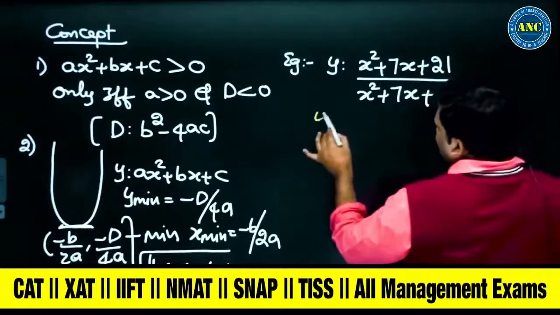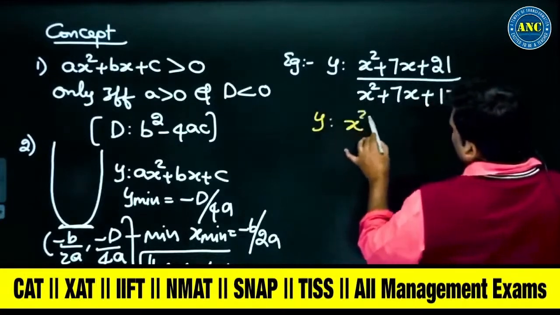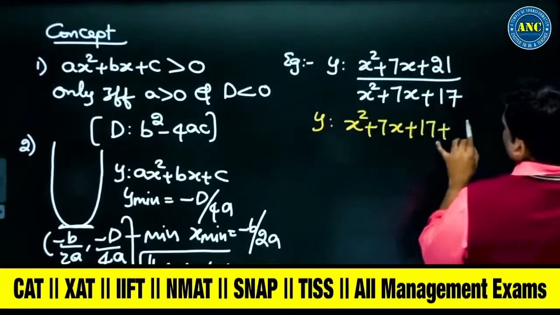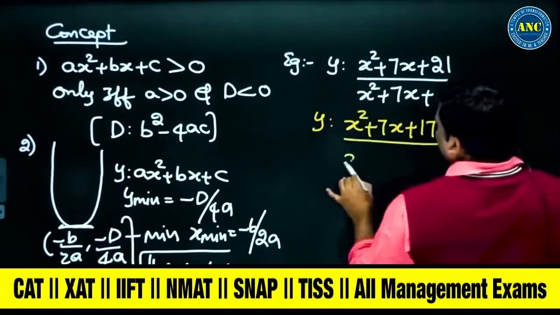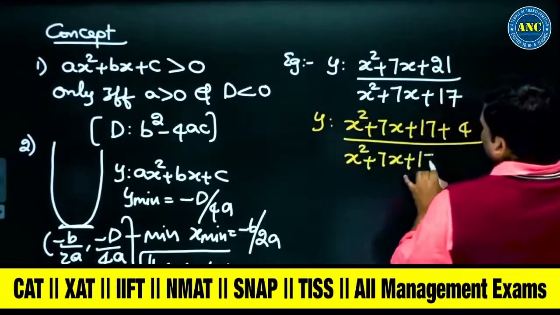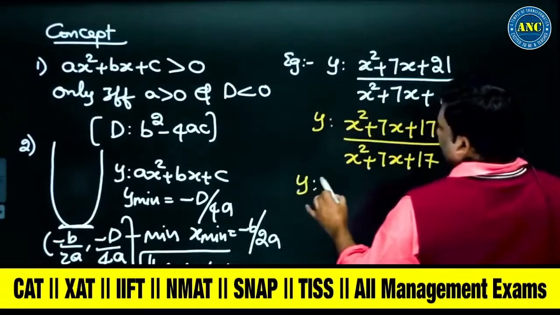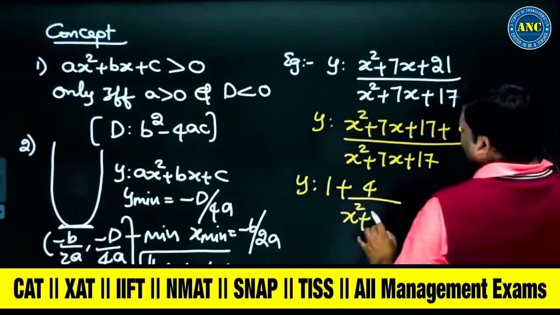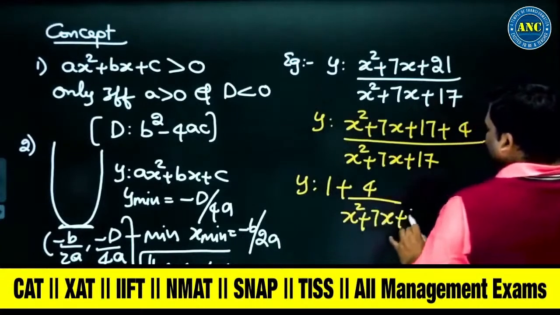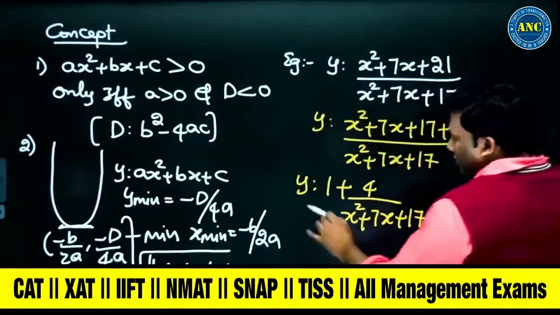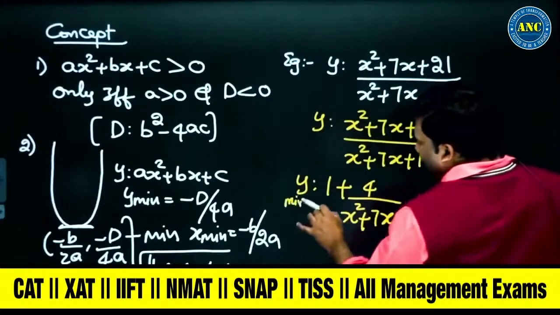So this can be written as x square plus 7x plus 17 plus 4, divided by x square plus 7x plus 17. So this is 1 plus 4 by x square plus 7x plus 17. Now if you see, if he is asking for the minimum value,